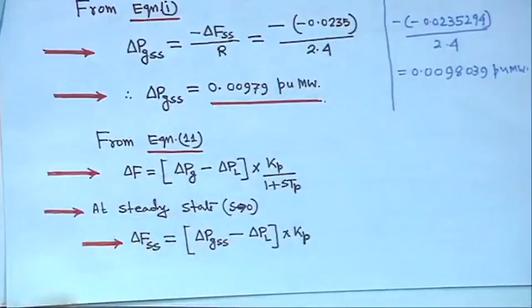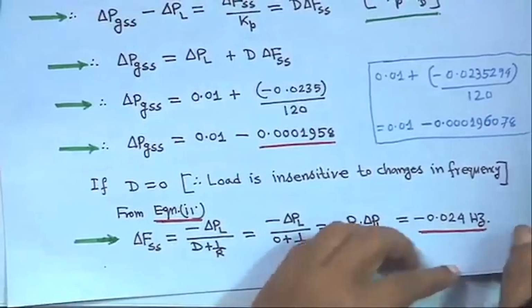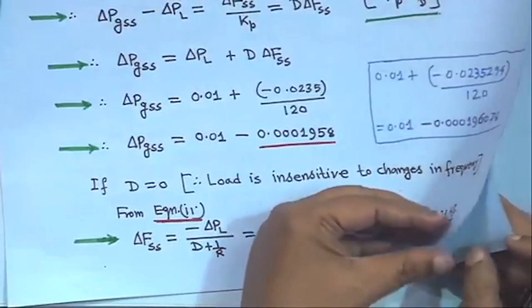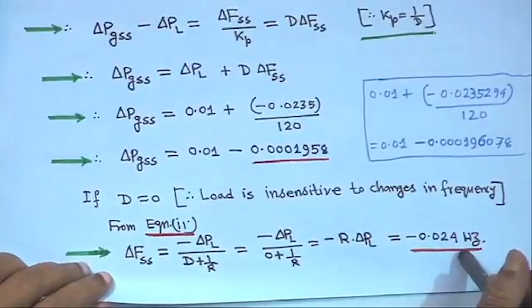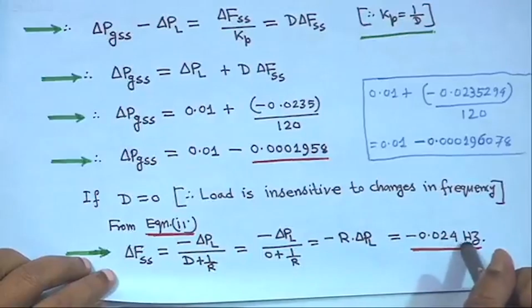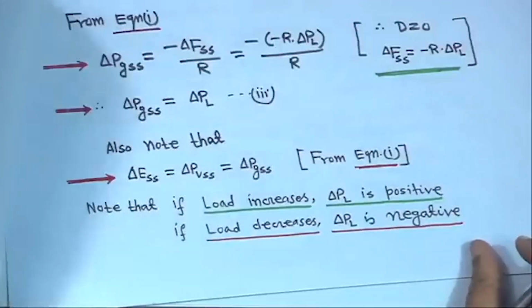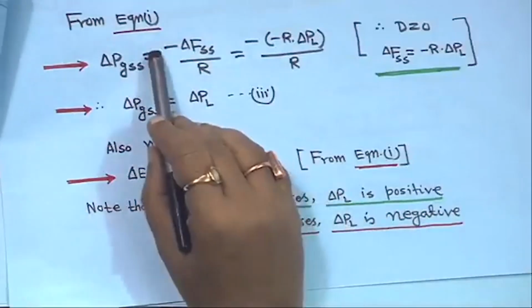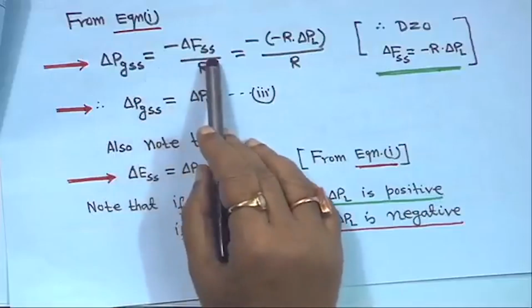Therefore, the delta Fs has a slight change, so minus 0.0 hertz. Suppose there is 6% regulation on 60 hertz, then this value will change, right. It will become minus 0.036 hertz. So, from equation 1, again you will get delta PGSS is equal to minus delta